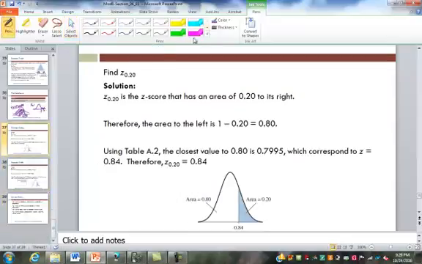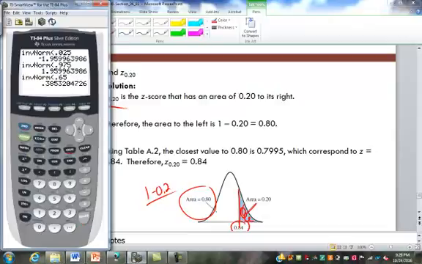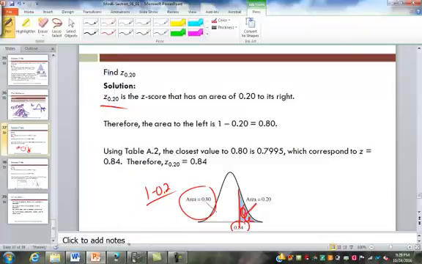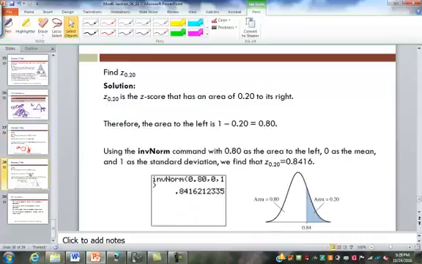So z of 0.2 is this z-score here. It has an area of 0.2 in here. That comes out to be 0.84 is that z-score. Now remember, you'd look that up. If that's 0.2, this area is 0.8, because 1 minus 0.2. So you put in the calculator, it's going to be the inverse, second distribution, inverse norm, 0.8 is what we're going to put in there. It'll give us the 0.84. So this is doing it with the calculator, which we just did. So we got the 0.84,